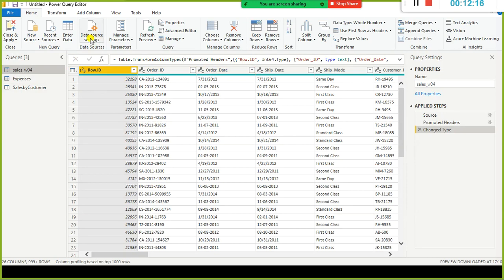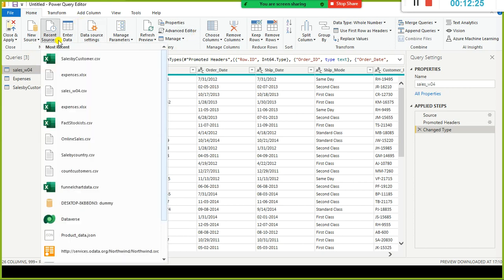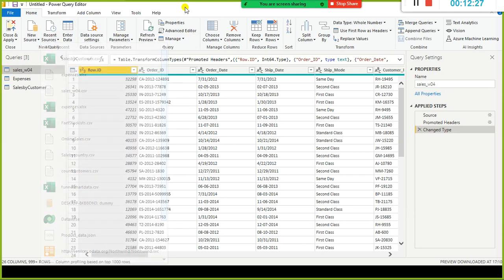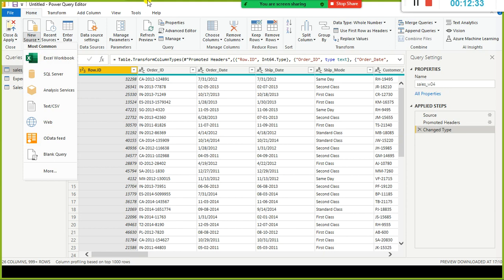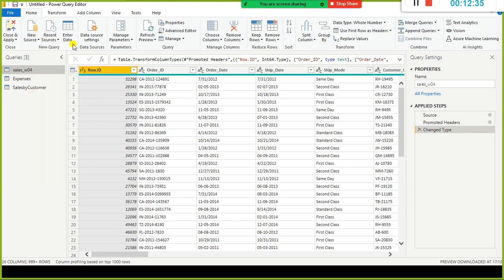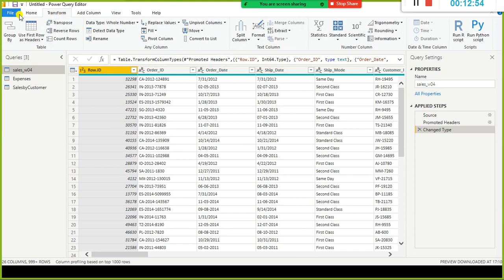Fine. So when you are here, let's explore some of the icons in this Power Query editor. Look here, we have something called recent sources. When I select it, these are the files that I used recently, and new source is the one you are already aware of. And manage parameters, if I create any new parameter, we'll be using it. The next one is refresh preview. Anyhow, when I do data transformation, I'll explain these. These are available as part of your home ribbon itself.